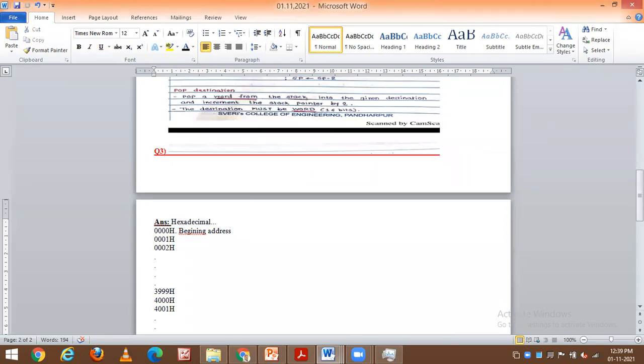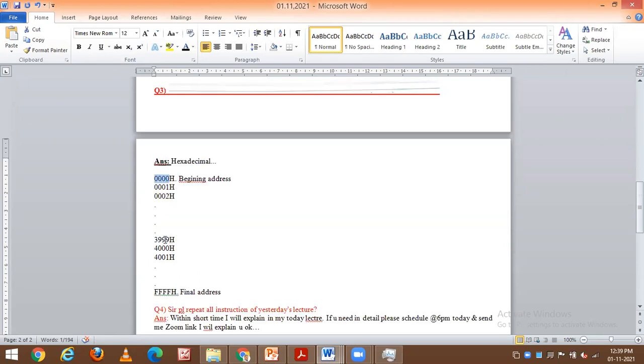For example, let us select the beginning address as 000H. H in the sense hexadecimal address number it is. And the next value, what is it? That is 01H, then 02H. With the continuation, somewhere it may present